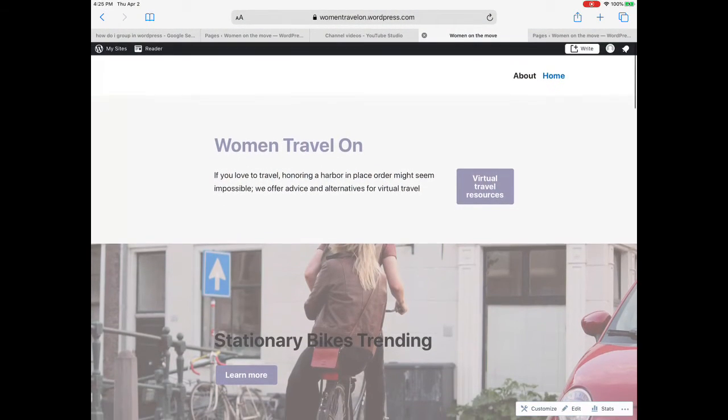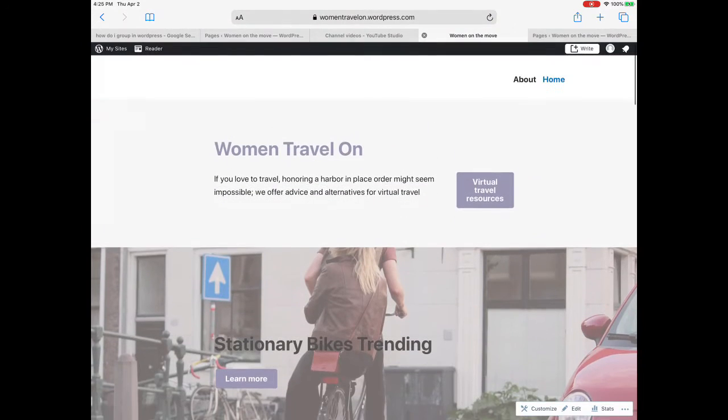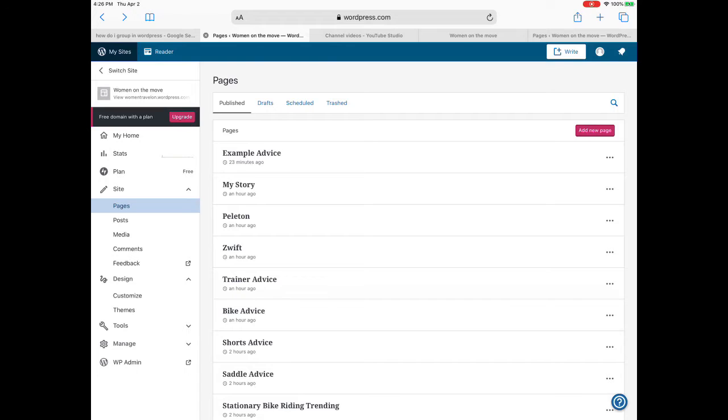page, Women on the Move, and I have up at the top a menu of About and Home. I don't know what you have, and so you might have a template where you've got just a ton of pages if you followed my advice on how to make this. And they're all sort of lining up at the top. So I want to talk to you about how menus work and how you can control what actually shows up